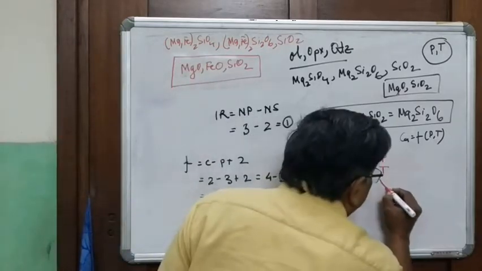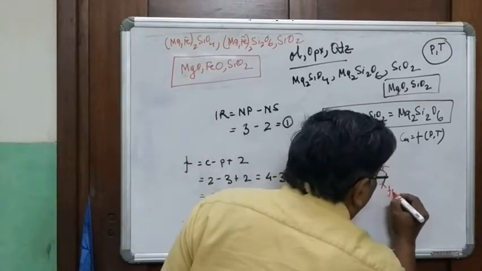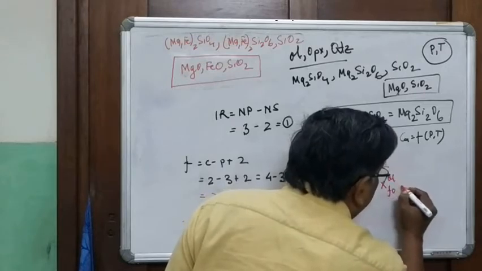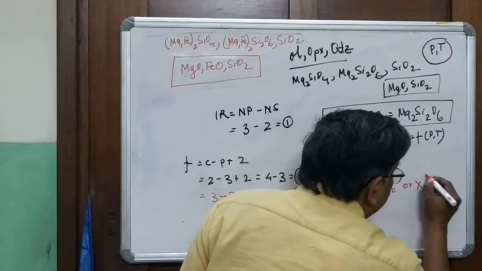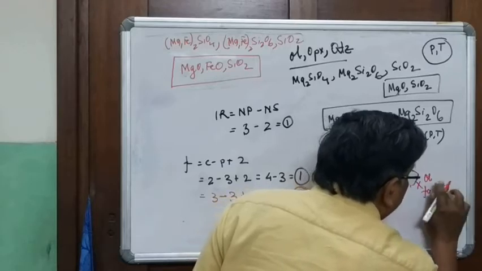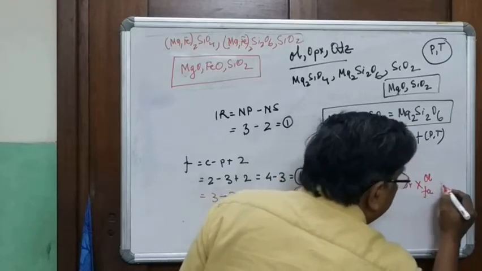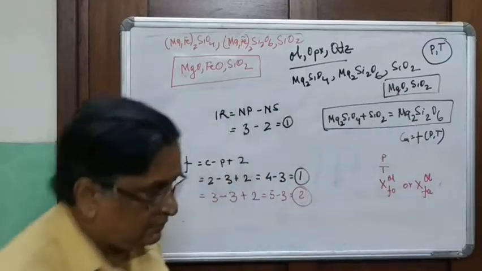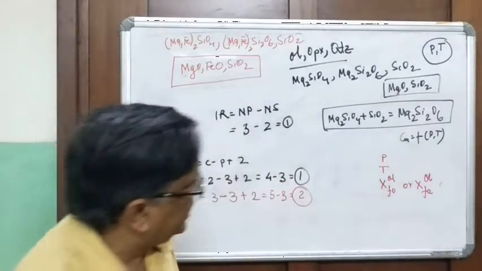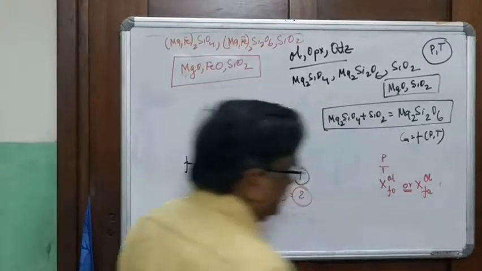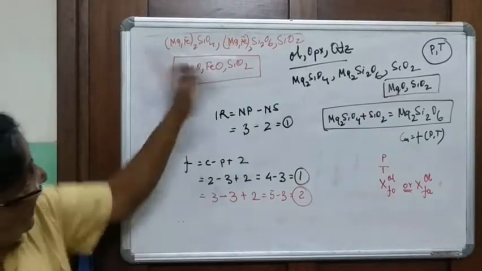So what is the variable? X forsterite in olivine or X fayalite in olivine, because they add up to 1. X forsterite plus X fayalite in olivine is equal to 1. So this is one variable. Or, and you have